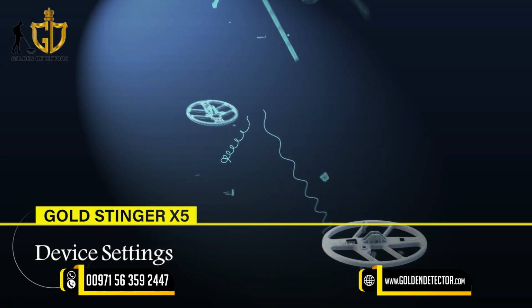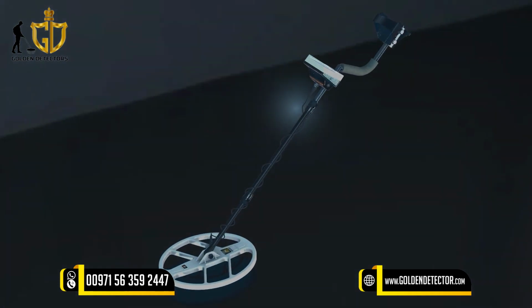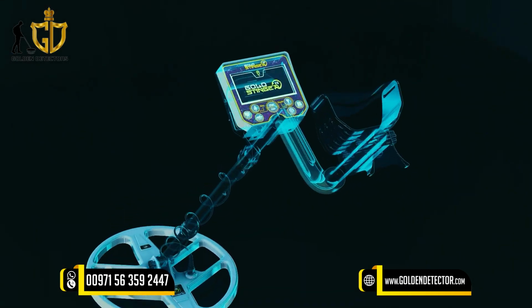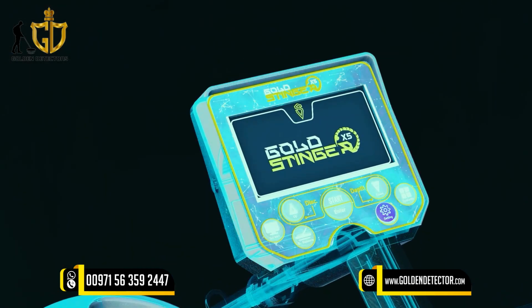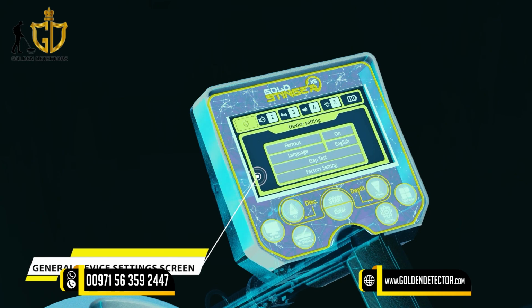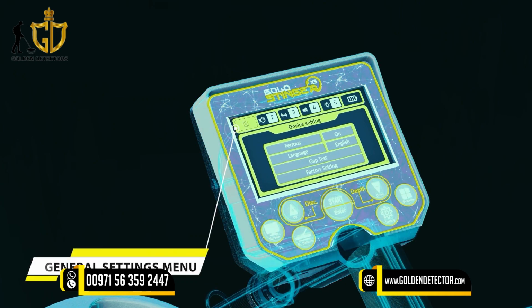Goldstinger X5 device settings. In order to enter the Device Settings menu, click on the Settings button on the main control panel. The General Device Settings screen will appear. In the General Settings menu, we will see